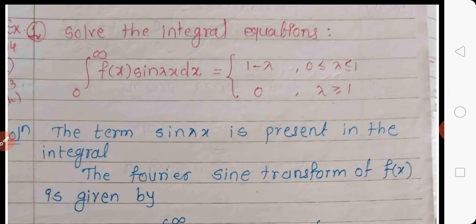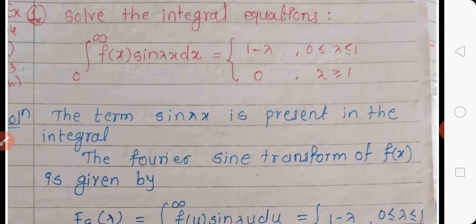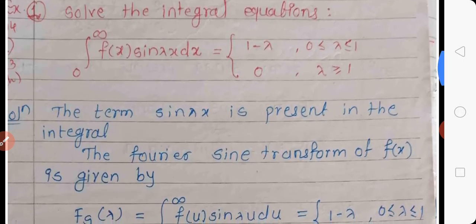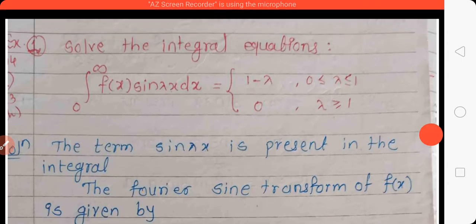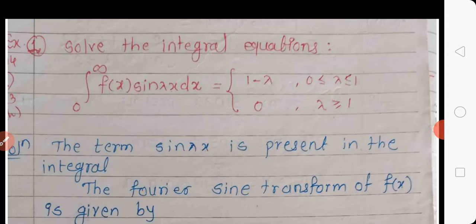Today I am conducting the topic from Engineering Mathematics 3, from the unit Fourier Transform. In this lecture, we see how to solve the integral equation. That is, we are given the value of the Fourier transform of the function and we find the solution for this, that is, we find the value of the function f of x. Here we directly see examples of how to solve the integral equation.